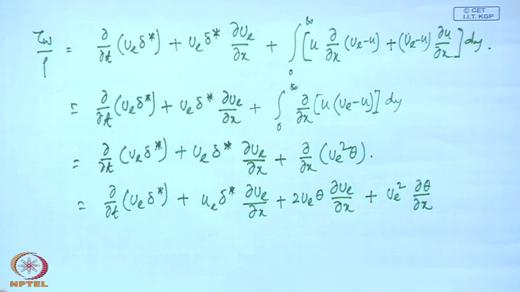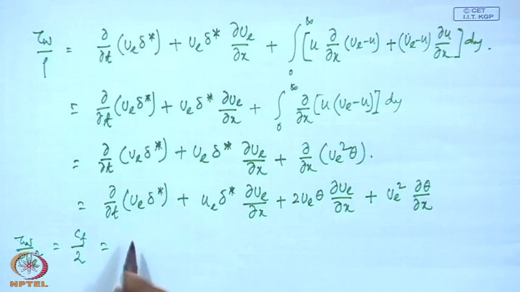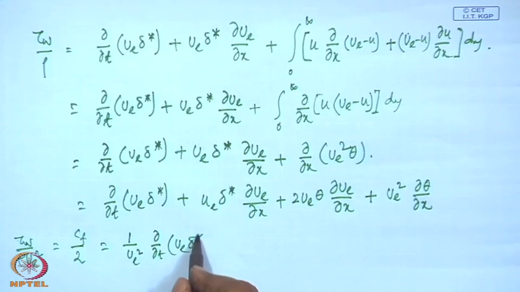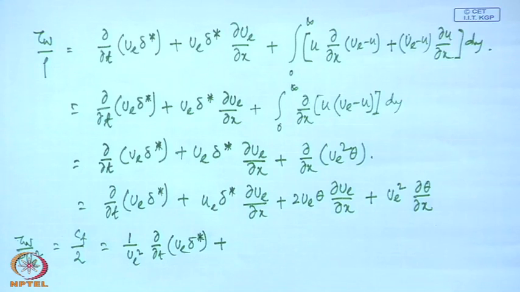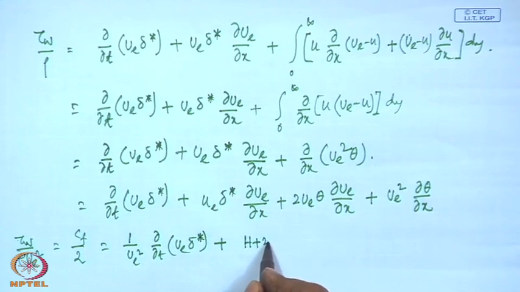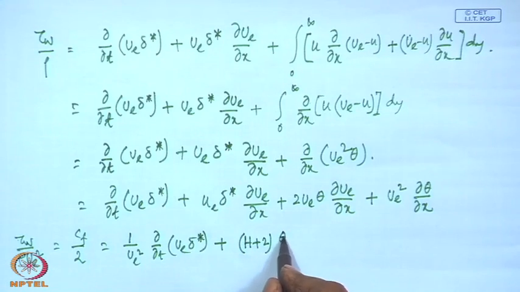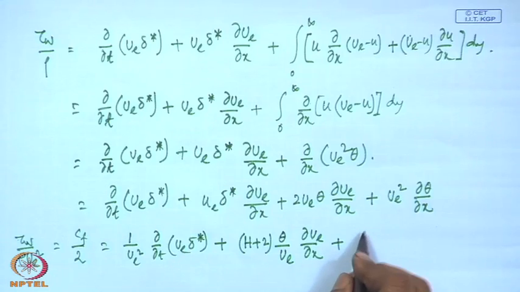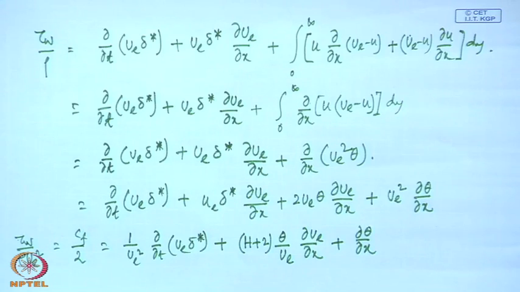Divided throughout by u square. This equation, okay, which is an integral form of the boundary layer momentum equation,